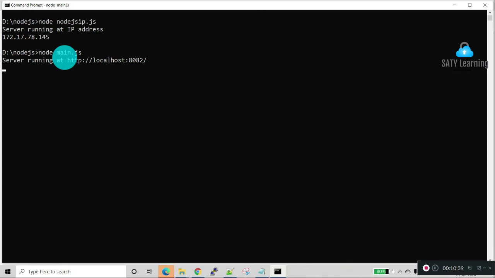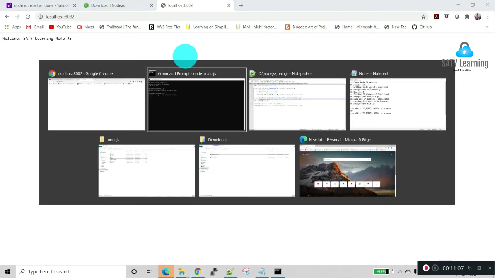If you want the change reflected, we need to restart the server. So I'm restarting the server and refreshing the page. Now the change is reflected. This is the simple program for how to run the Node.js server in a web browser.